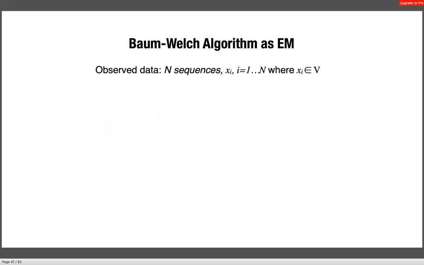Now, how do I reconcile what we just saw, the Baum-Welch algorithm, with the more general EM formulation that I had introduced at the beginning of the module? So let's try and reconcile both sets of notations. The observed data, let's say it's Xi's, where i goes from 1 to n. Your parameters, which I was referring to as theta earlier, are now the transition matrix A and this observation probability matrix